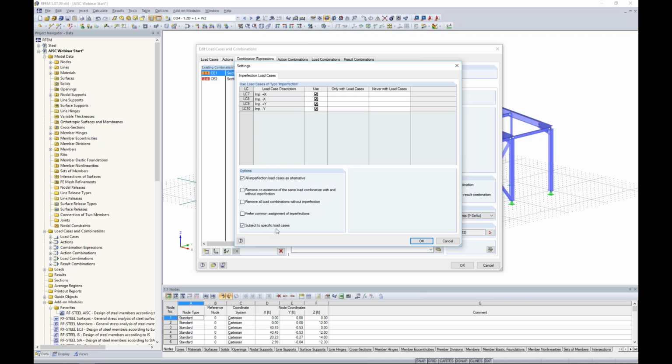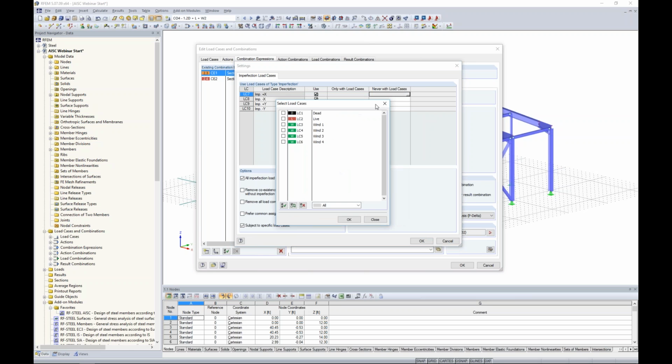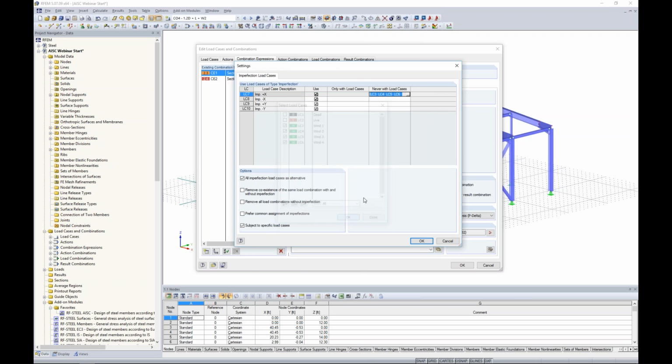This other option, subject to specific load cases, well, this is where I'm going to tell the program to automatically insert these into the load combinations, but never to include them with my lateral loads. So how do I do that? Well, there's a button here with 3 dots, and that brings up select load cases. Well, now I can select my lateral loads here for wind load. So notice the only ones I'm leaving unchecked are my gravity loads, dead load and live load. I click OK. So now this imperfection positive X will be excluded